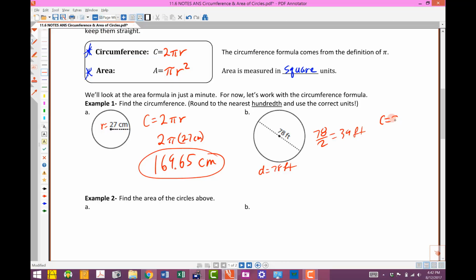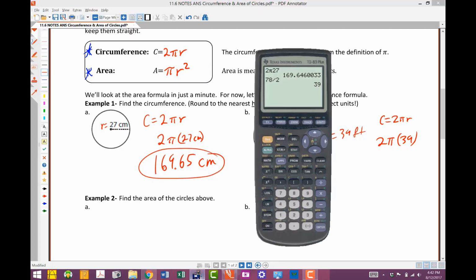So again, the formula is 2 pi r. So this is going to be 2 times pi times 39. So again, I'm going to pull up the calculator. I'm going to type in a 2. I need to hit the second button to grab the pi. That may or may not be the case on your calculator. If you're using a TI-30, it has a regular old pi button on it. In fact, it's right about there. And then I'm going to put the 39 in here. Again, it understands the implied multiplication. We're going to multiply them together. We get